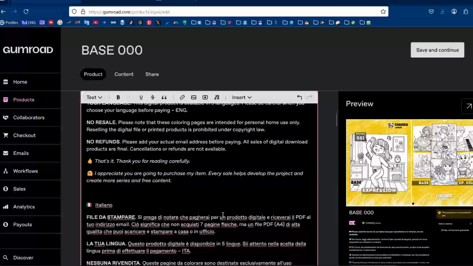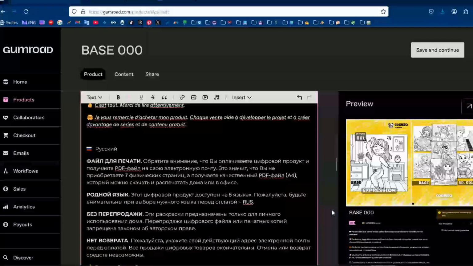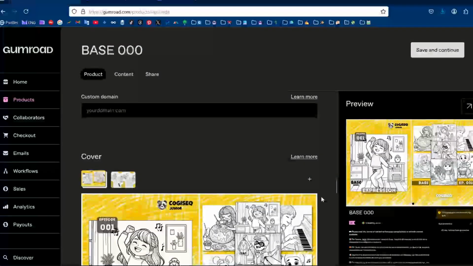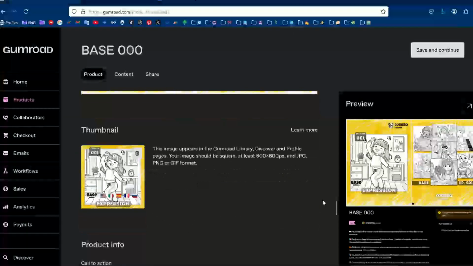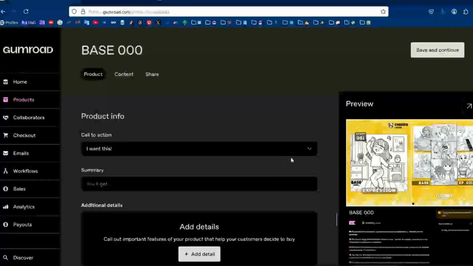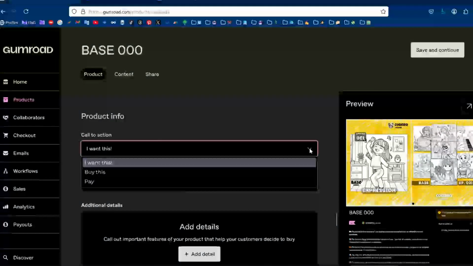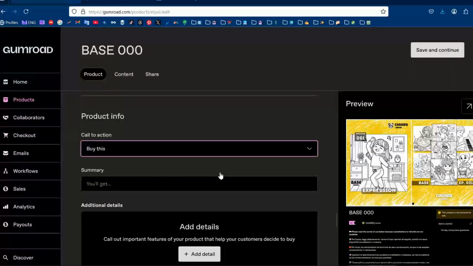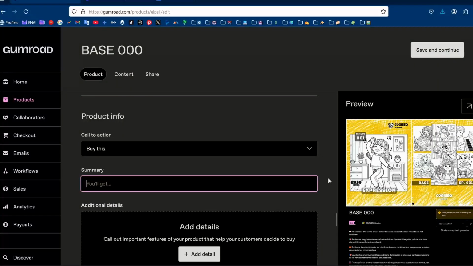Alright, it's ready. See how it looks. So the text, the link, I have no domain. So the cover, images, thumbnail, I don't know which call to action. Well, why did we just buy this? The summary is quite important. So I will add 7 pages